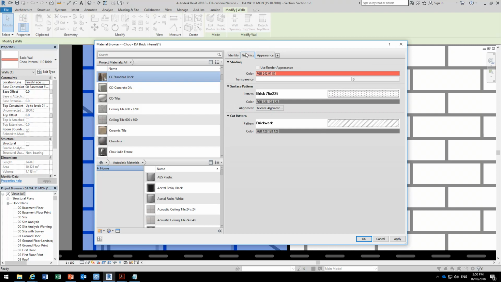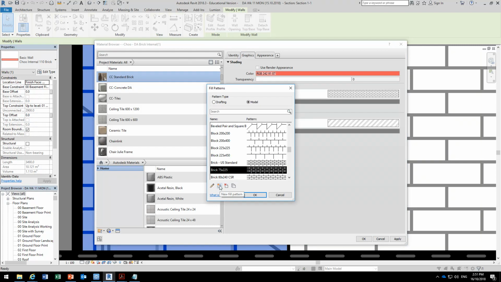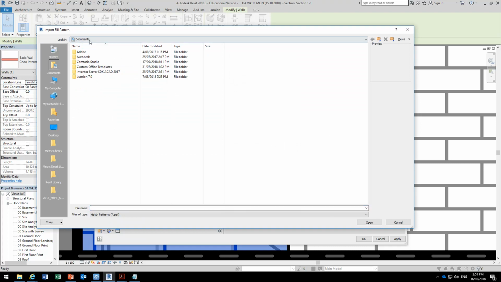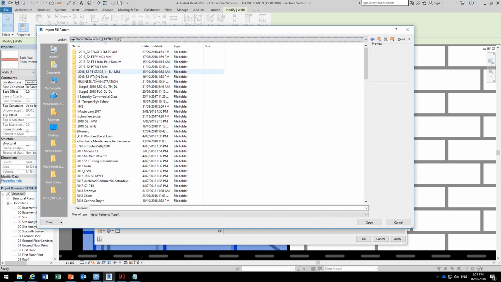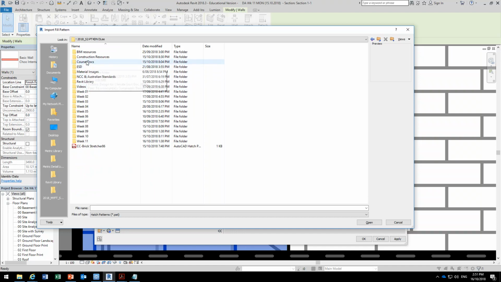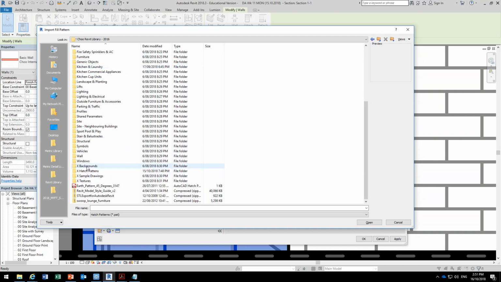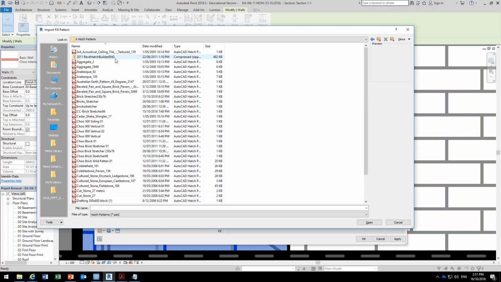So the main thing though is on the graphics tab, I'm going to change the surface pattern, and this is where we're going to get the accurate size. So just clicking there on the pattern, and then I'm going to go to make a new pattern, and go to custom, and then browse, and then I'll go to the P drive and to the folder where I've made my file. So like I said, I put a copy of it there, but I'll just show you where it is in the library. Go to Revit Library, choose Revit Library, and then X Hatch Patterns, and then